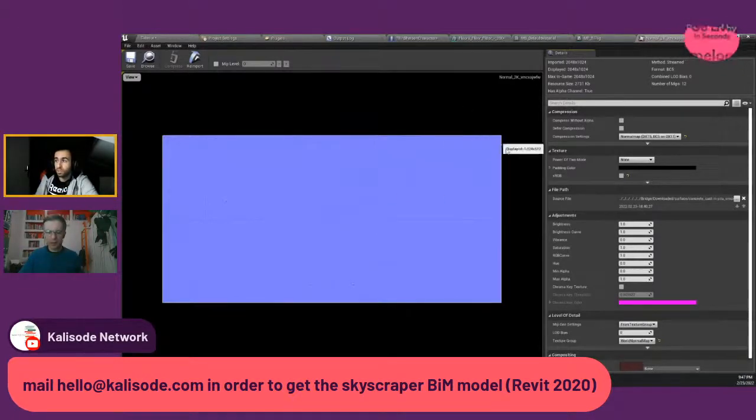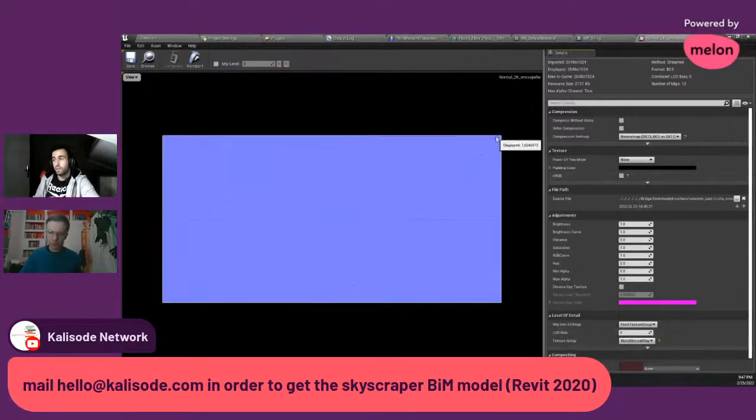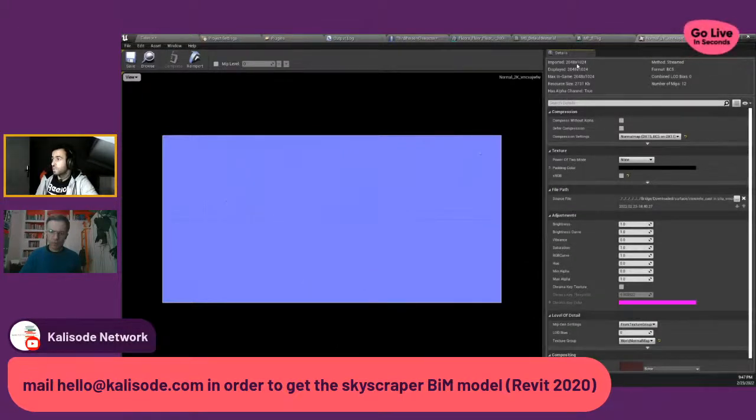But if you are worried about the textures, you have the ability to reduce the quality a little bit. But the texture must be a power of 2. So in this case, it has to be 2048 by 2048. This is not a power of 2, so you don't have the option to change the quality. To do so, you have the level of detail here. This must be set in from texture group, and you can set it to something like, in this case,